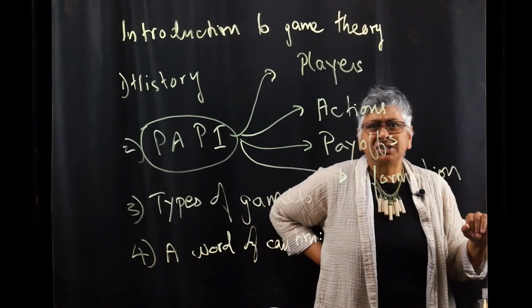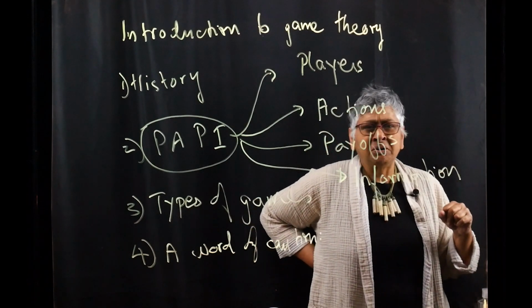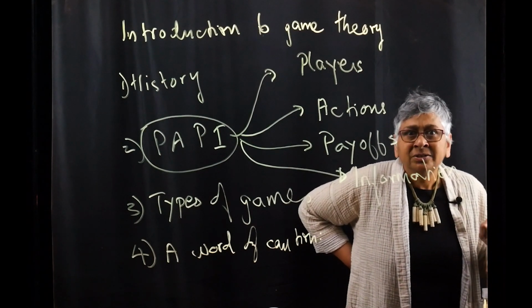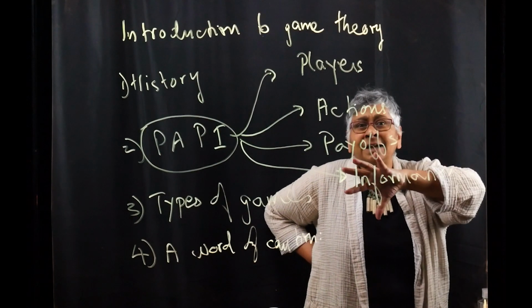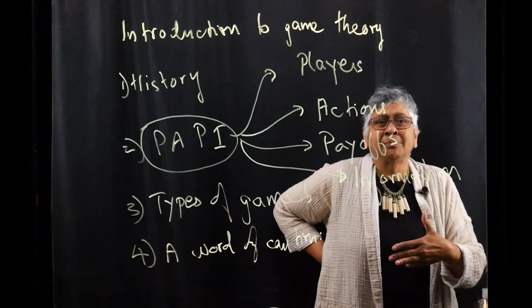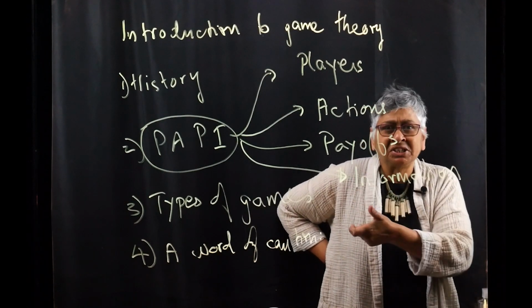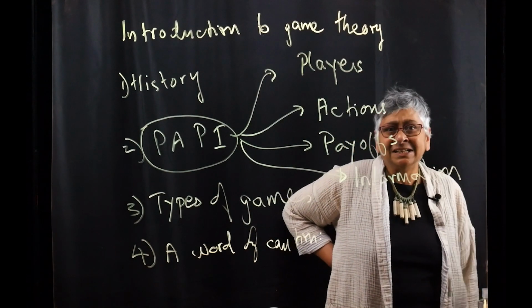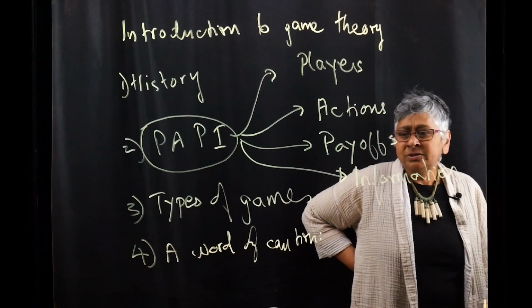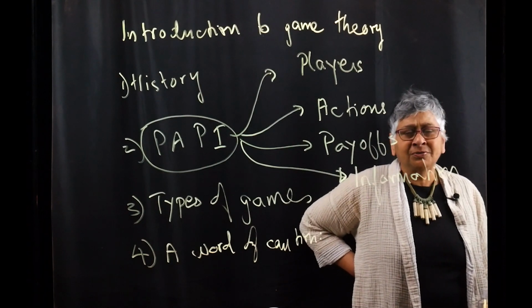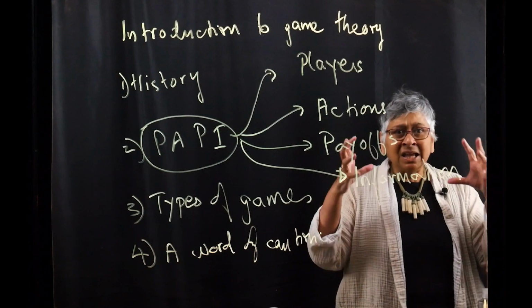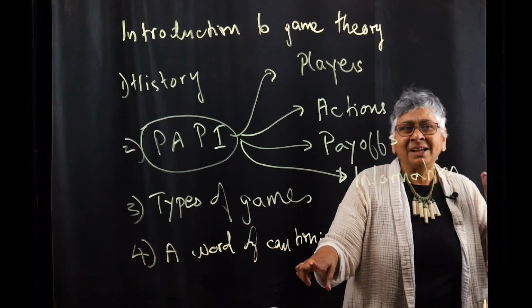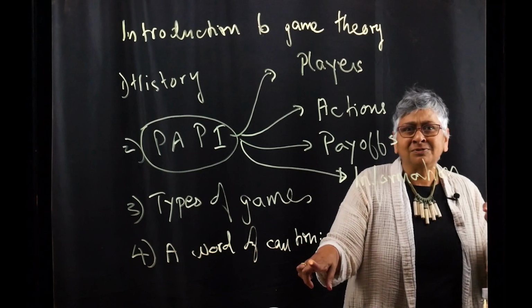Everybody has the same information. Anybody can come in and come out. There is no insider trading. There is none of that. All right? So you can see that the neoclassical model could be set up as a game of a very particular variety. But the kinds of games we have far exceed the neoclassical model. So let's do a very brief run through of some of the kinds of games that we can look at, and then we'll go ahead and move to looking at those games that are useful for feminist economics.